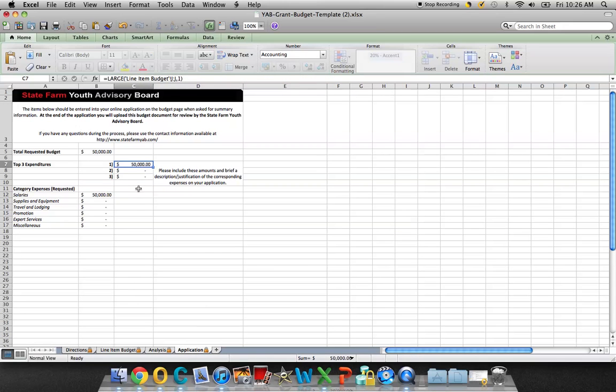So in the application, it's essentially a quick look at the top 3 expenditures. Those numbers will already be inputted based on what you have inputted before. And I would say, stop short of including these amounts in a brief description of the expenses. You will have already done that through your description of the actual items in the previous page, and then also you may have weaved it into your narrative to explain why in your application you need a director for $50,000